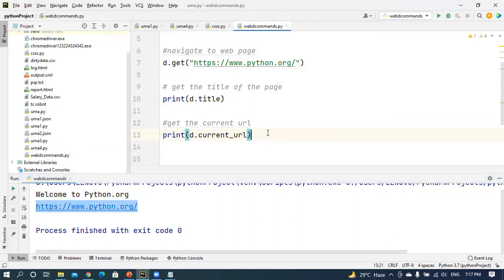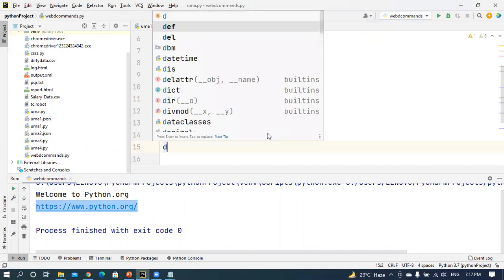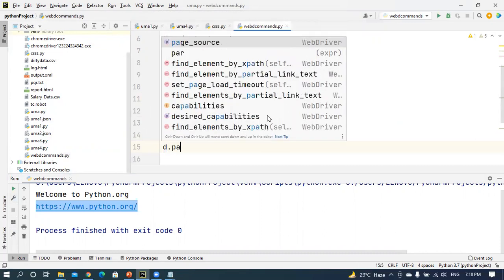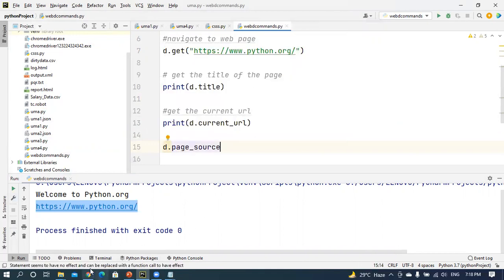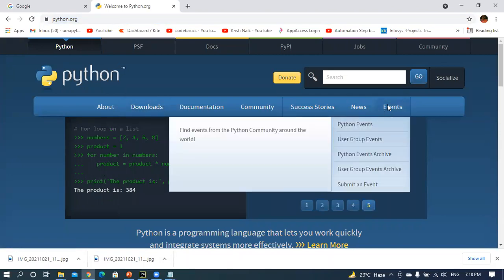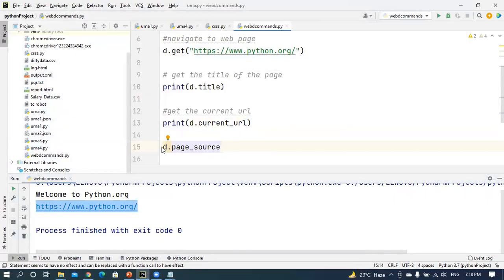Another command is page source, also one command: d dot page_source. Source means the HTML program. It will print the page source of the page.